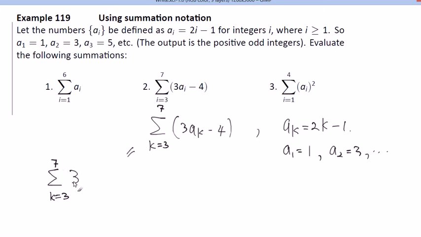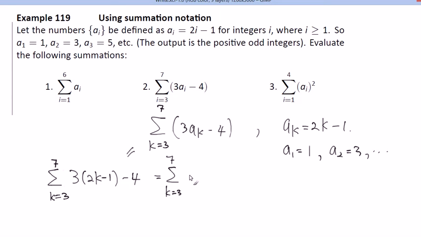So 3 times, what is AK? AK is this one here, right? 2k minus 1? Just 2k minus 1. And then there's the 4. This expression with k is hit by this operator, sigma, some operator, then it's going to be a number. So let me expand